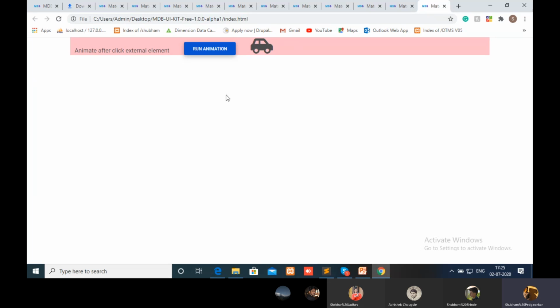And here the hover effect is also given in Bootstrap 5. If we press the button, then the hover effect comes.